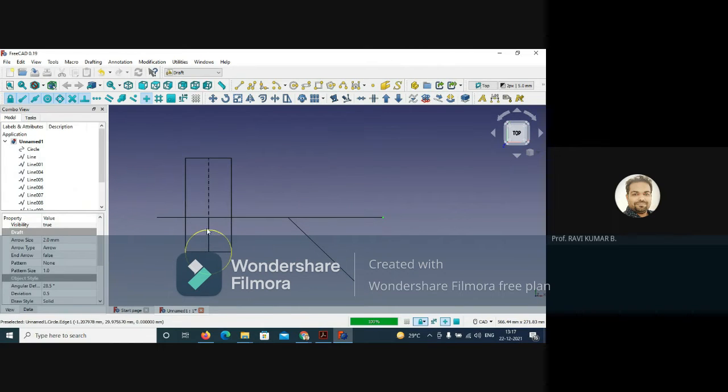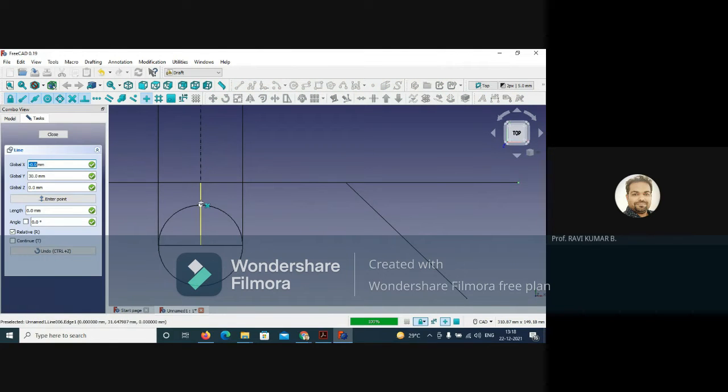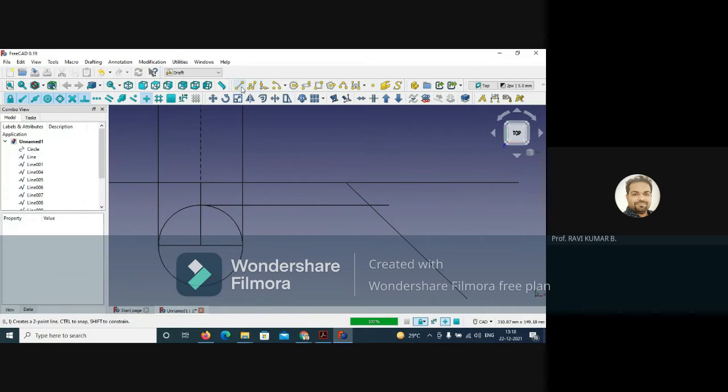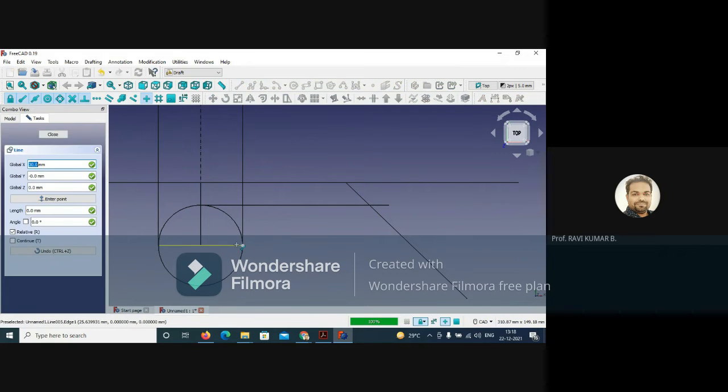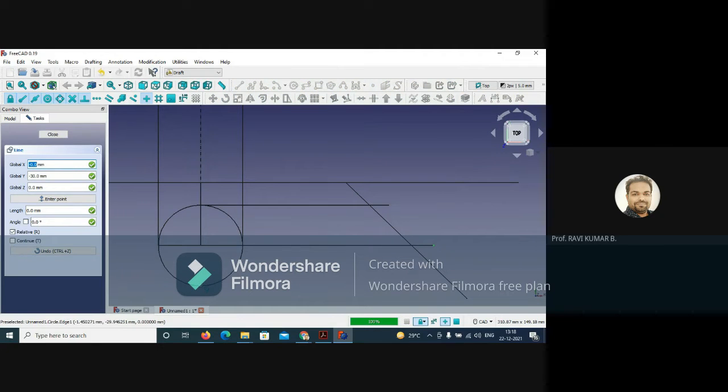Now project all the points over here, one by one. We are taking this point. You see it is not taking directly, but no problem. You can use the extend command, or you can even go beyond this line. You can keep it here. Later on we'll adjust the length. Like that you can project all these 4 points.